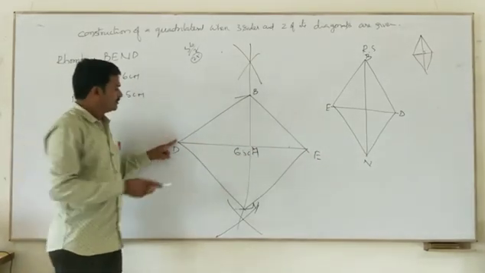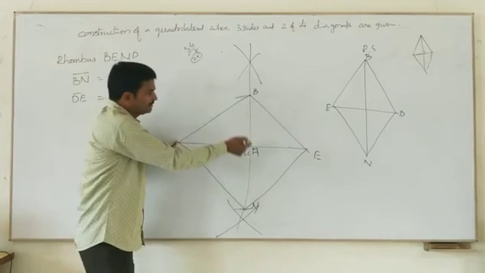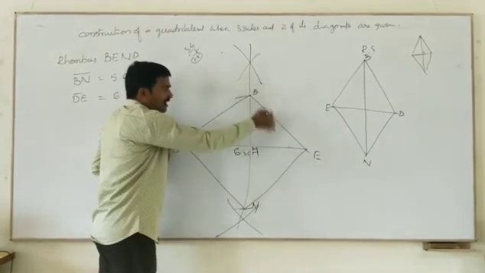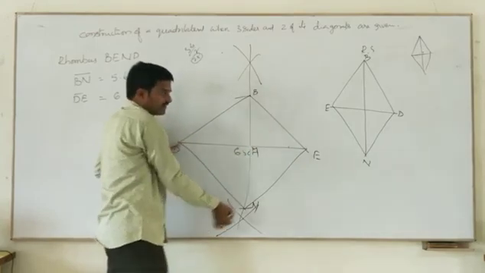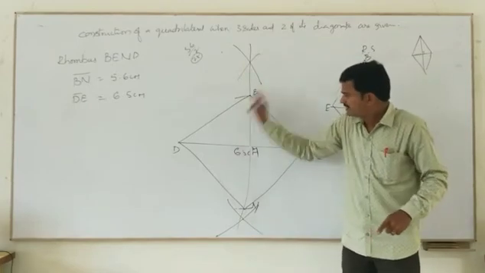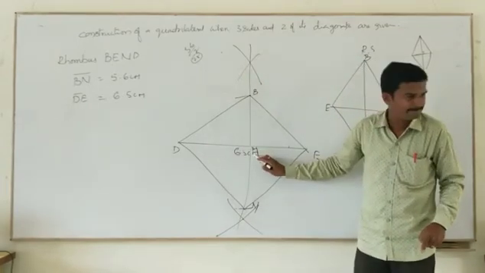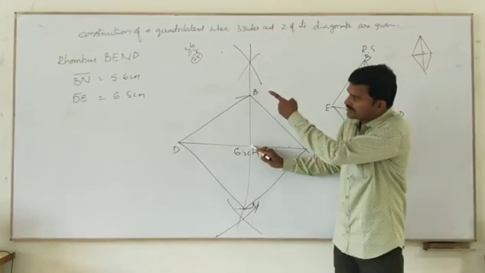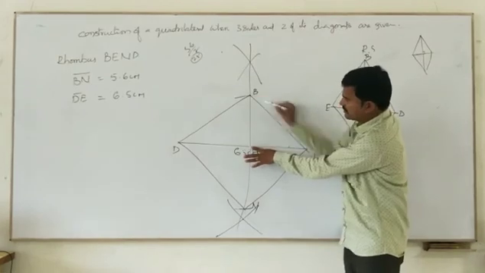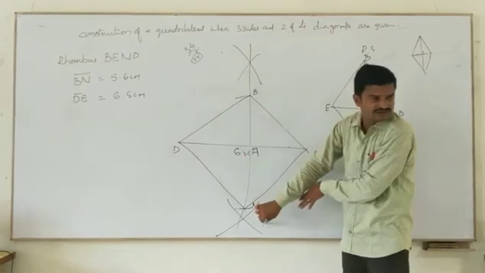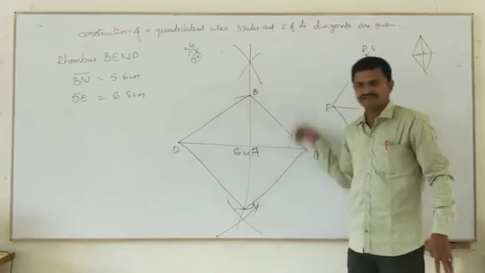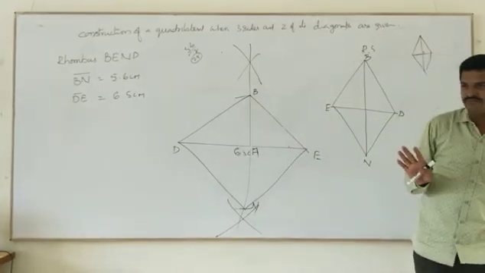Now, with a compass, you have to draw the perpendicular bisector. How? Taking more than half radius, draw an arc on either side, from D, and from E also like this. Join. This is the perpendicular bisector. Where it intersects DE, name it M. From M, what is the other length? 5.6, and half of that is 2.8. With radius 2.8 draw arcs on both top and bottom. Where they intersect, name them B and N. Now join all vertices and you will get the rhombus. Are you clear?